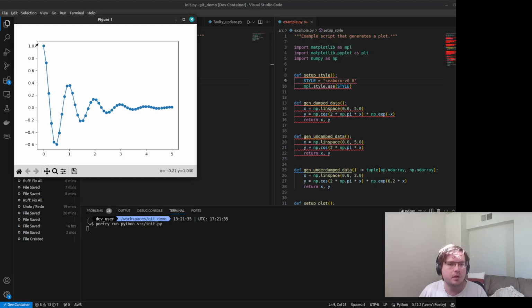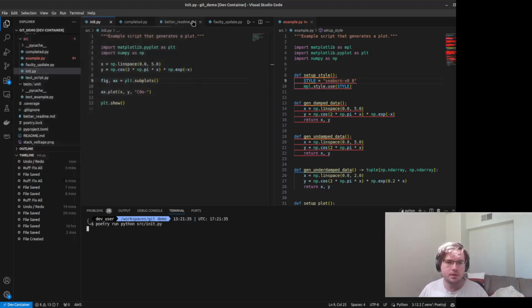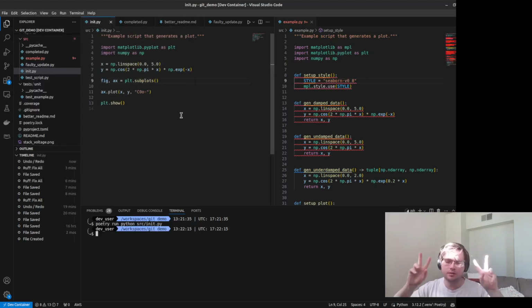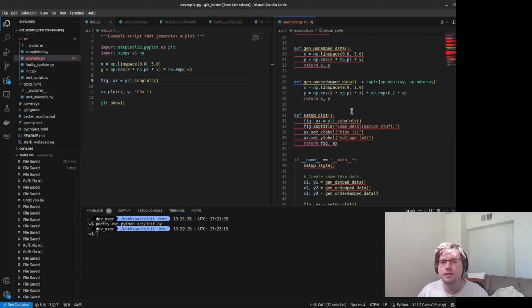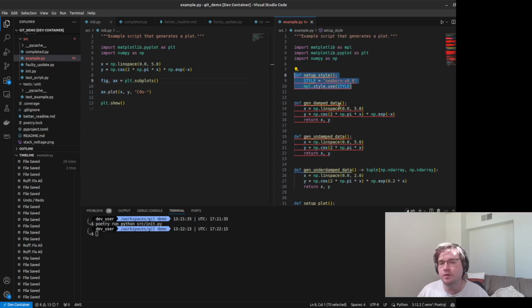And maybe from this plot, I've given it to Jeff, and that allows him to know the damping time that allows him to generate the PCB design that he's working on. So let's say that after that happens, I then go through and start making some changes to this model. So maybe in this case, you can see over on the right-hand side, maybe I decide to set up a new style. Maybe I decide to break a whole bunch of things out into functions.